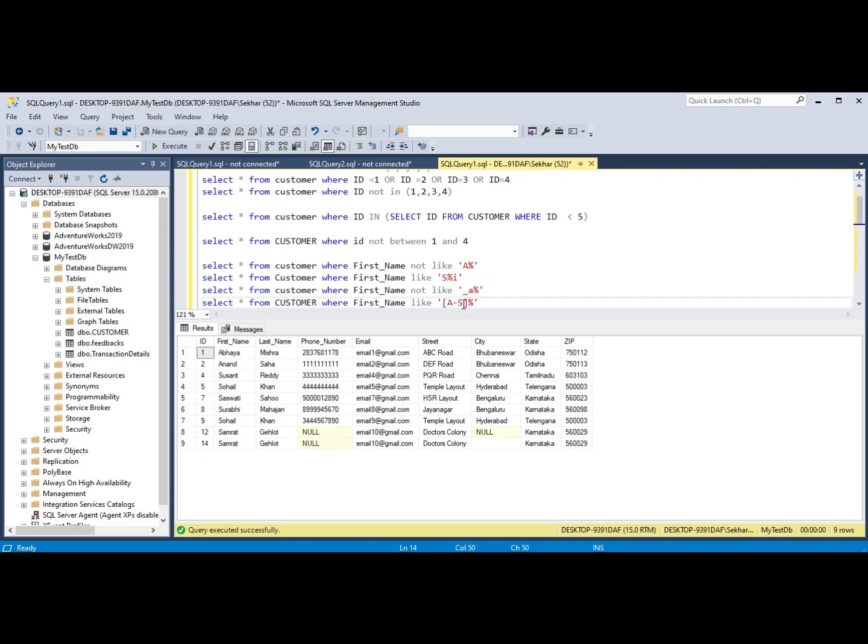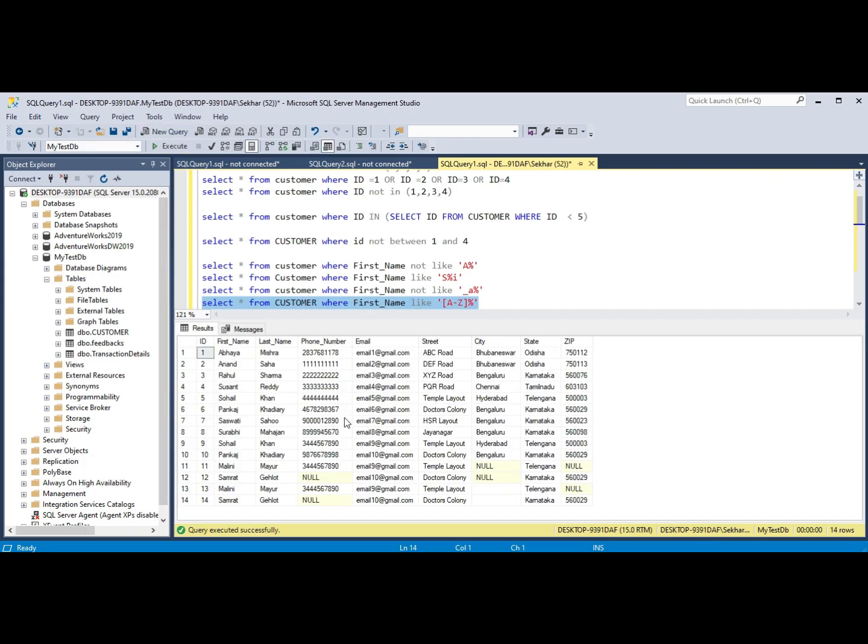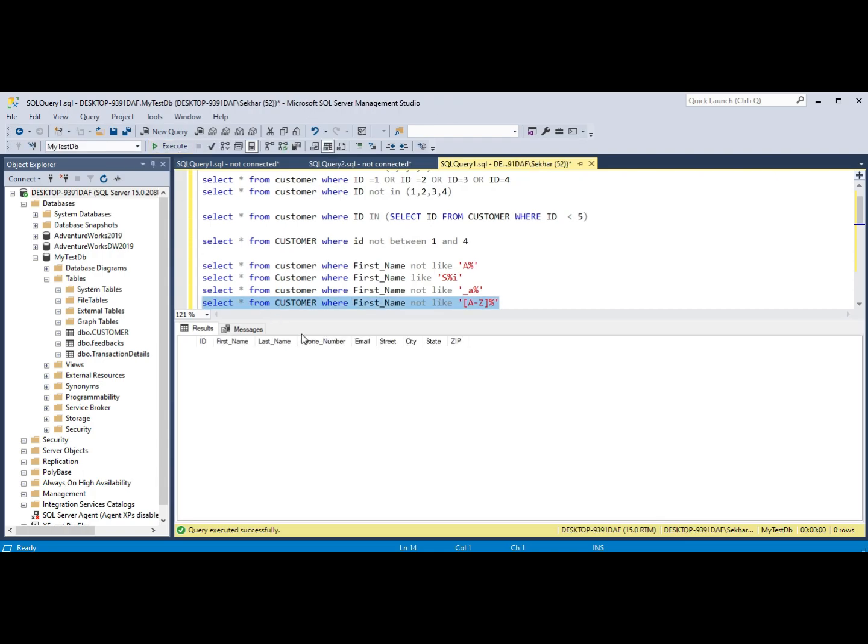You can write A to Z. Any name that is not starting with a character in the range of A to Z will come if we use not like here. I think we don't have anything like that in our table, so it will not return any result, as you can see.